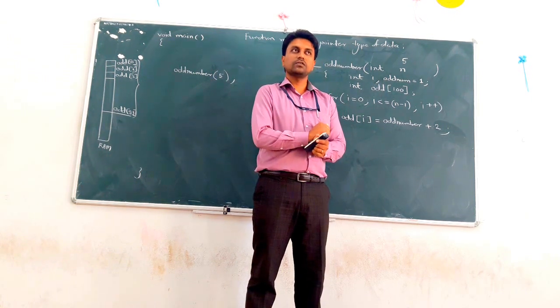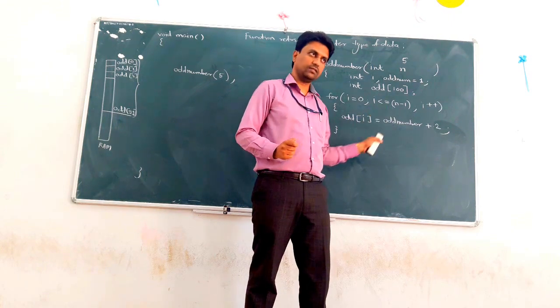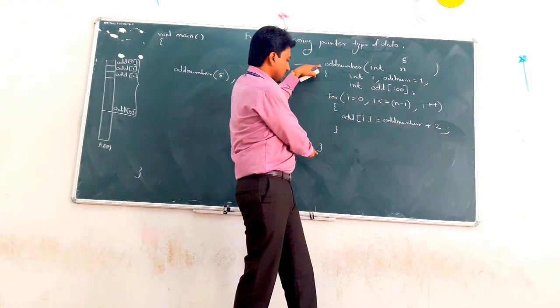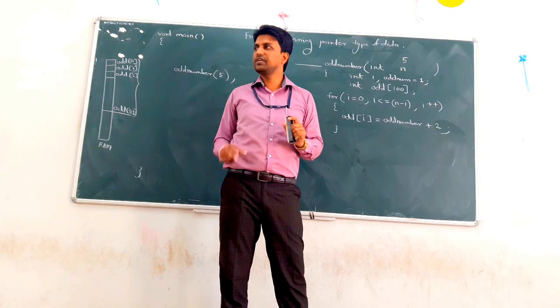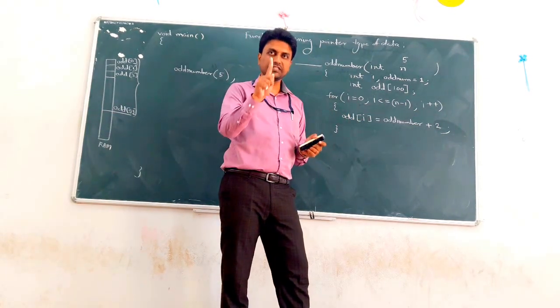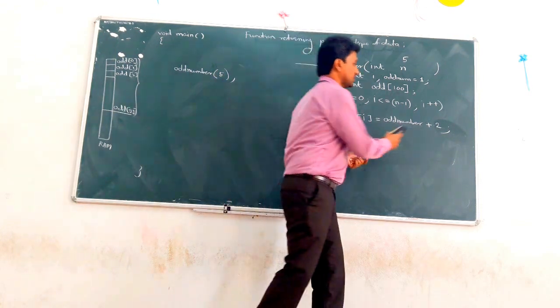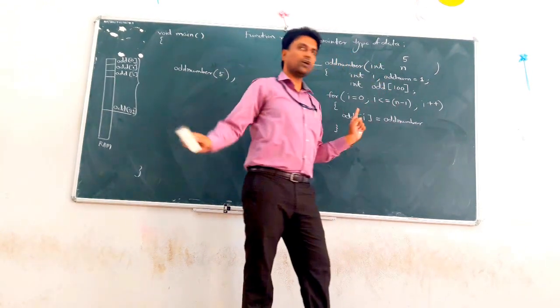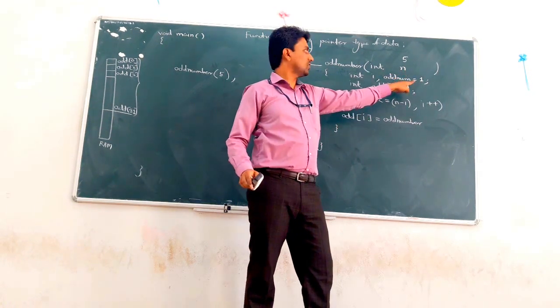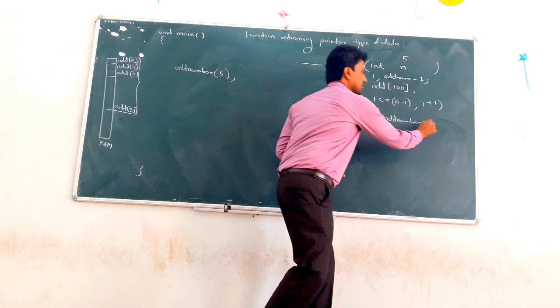Clear? So how can we apply the logic? This is our logical part. This is called the structuring part. You can structure it. So that is wrong. First time it is 1, second time it is 3. For that, what is the logic here? Odd number, we can initialize odd number by 1. So first time it is 1.